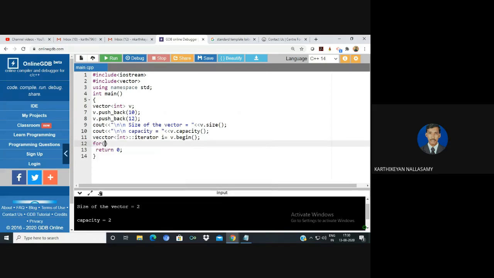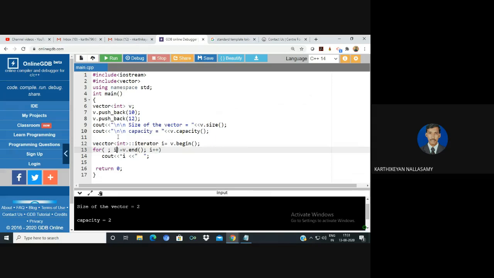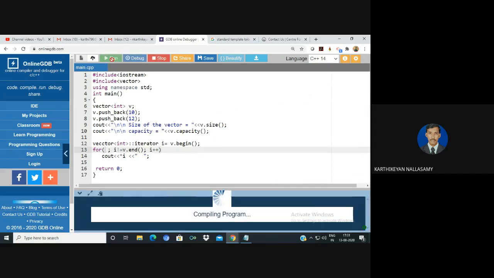Now just apply the for loop. The initialization is over, and the loop continues until it is not end. Then we just keep moving, but it actually works based on the address only, so we print the value of this iterator. This is the way we apply the concept of iterators. If you want, you can even move this initialization into the initialization part of your for loop.